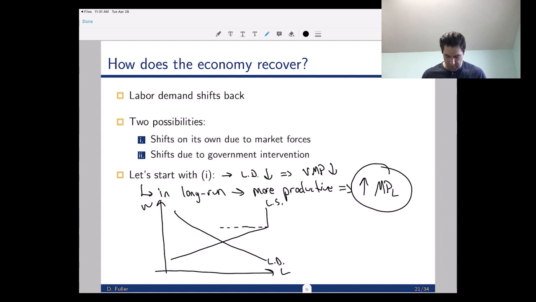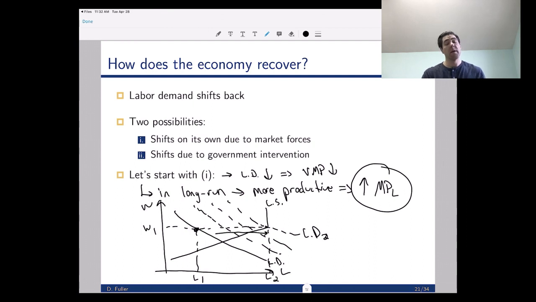I'll start us off with the downward rigid wage case where we get a fairly big unemployment rate there as a result of the decrease in labor demand. Now, eventually, as the marginal product of labor increases, we are going to move our way back towards what we call full employment, right? So if we do nothing else, market forces are going to tend to push us with our own innovations towards